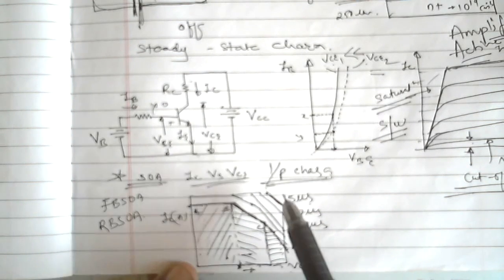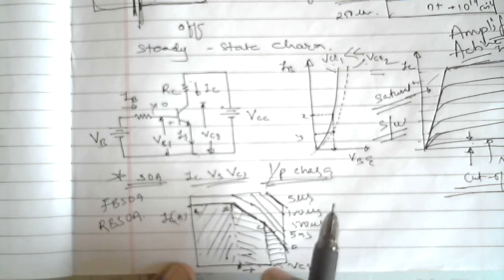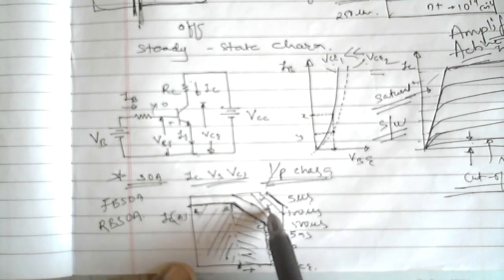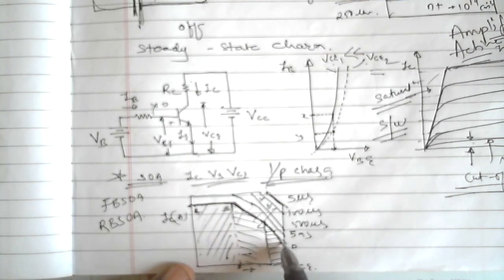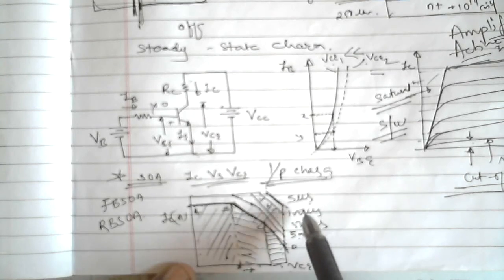As it goes on decreasing the pulse width, you are decreasing the turn on time of the transistor. As the turn on time is decreased, obviously heating will be less, and you get some liberty in its operation. But if you keep it continuously on, then you should not cross this boundary. If you have intermittent operation, sometimes on and sometimes off, then depending on the pulse width you can increase the safe operating area.